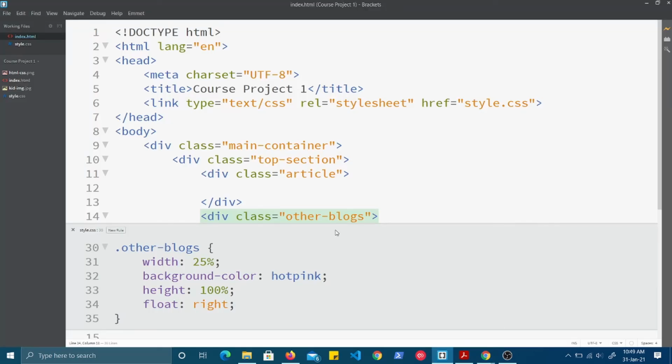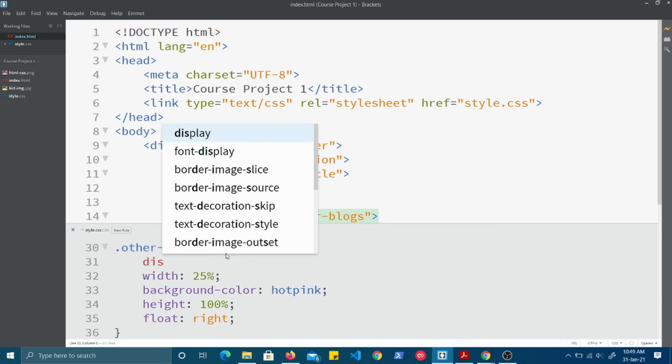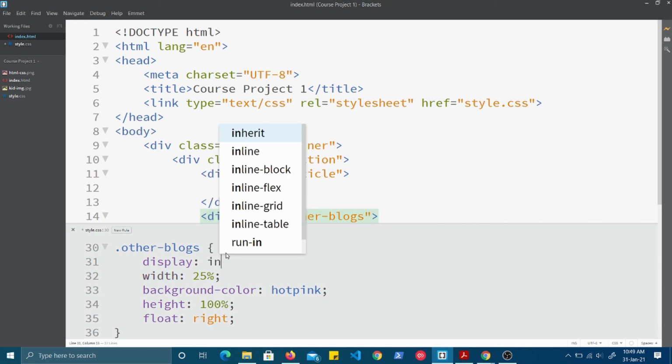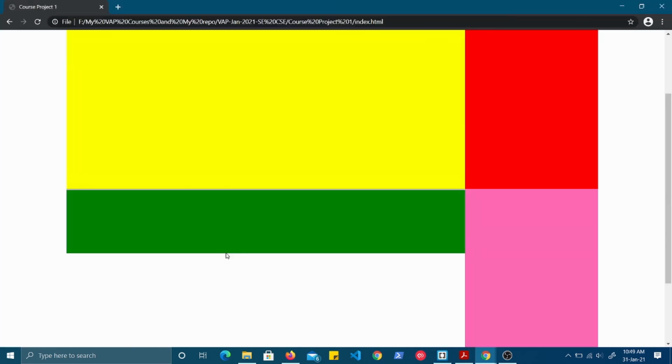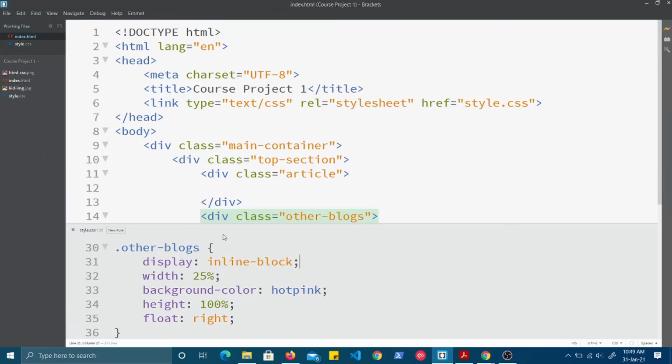So we have to keep it upside now. What is the property that we have to set? Its display property should be inline block, then only it will be able to float. And we have to set the inline block property for the parent also.